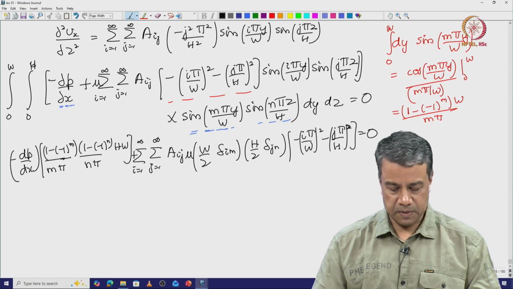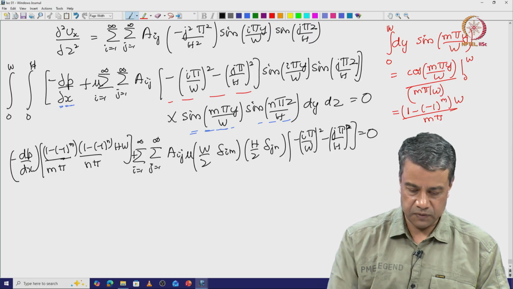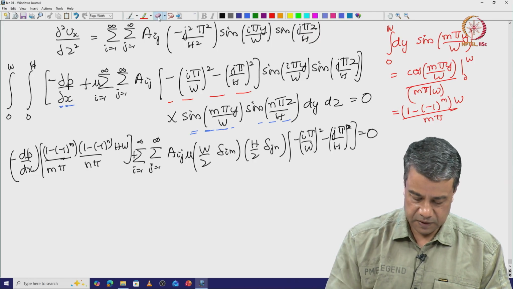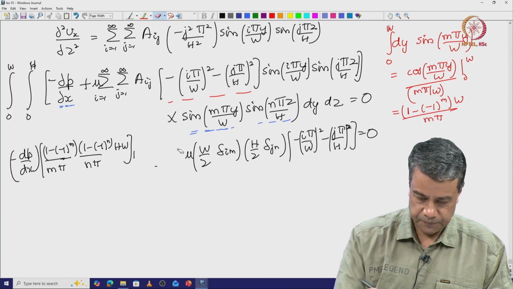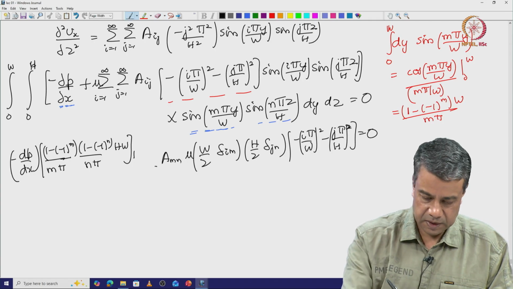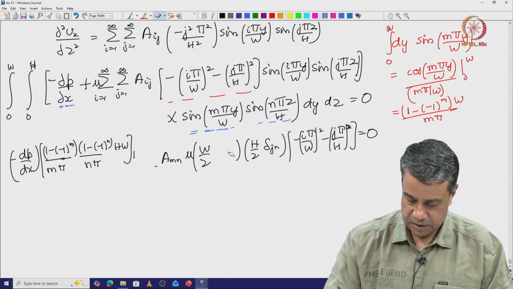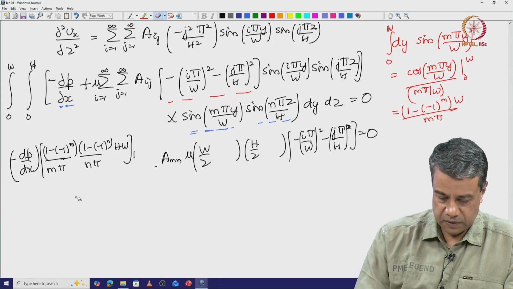So, once I do the summation, once I implement the delta functions, then I just get A m n. So, I can remove the summation, remove the delta functions, and just write this as A m n. Okay. So, this gives me the solution for A m n